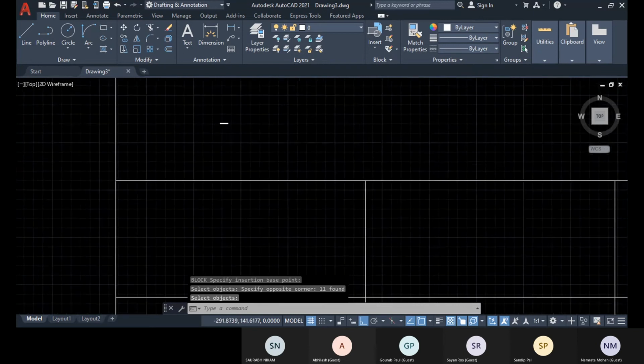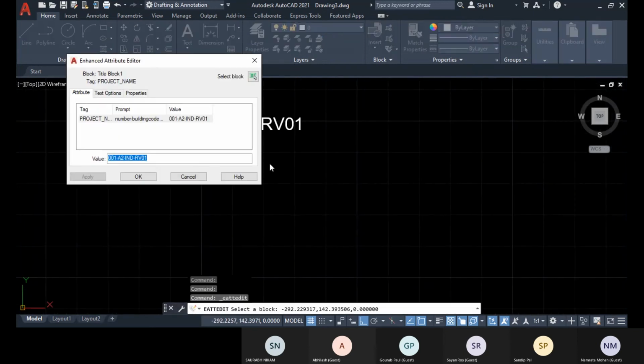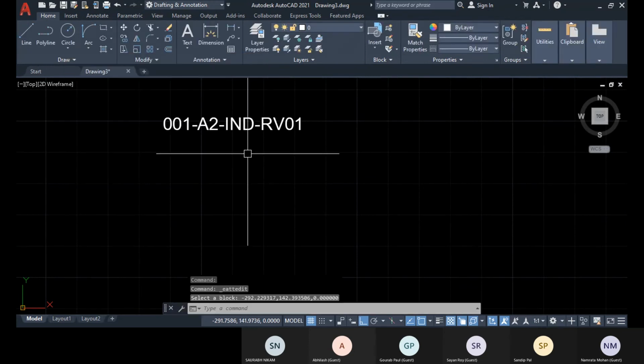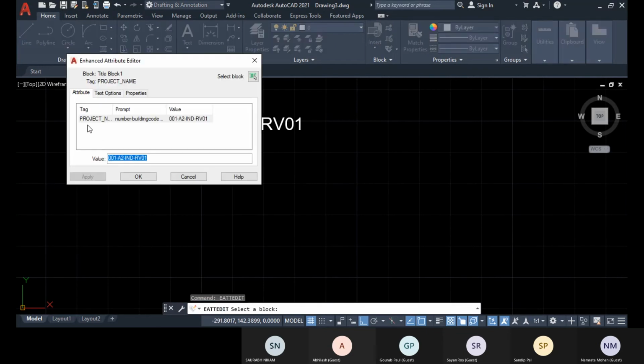And then if you need to change the text height, double click on it. That's where you get this enhanced attribute editor option, or you can go with the EATT edit command, enhanced attribute edit, and you select that block, and this tag is there.